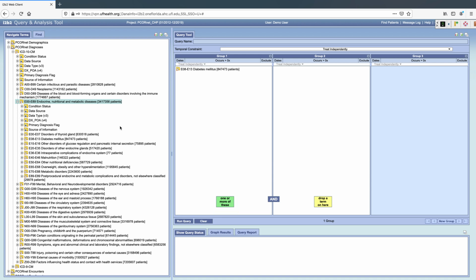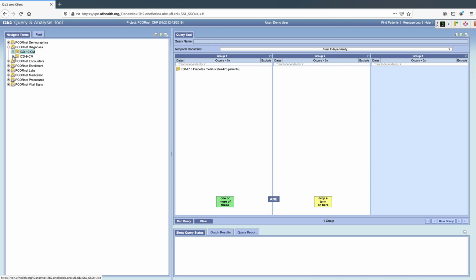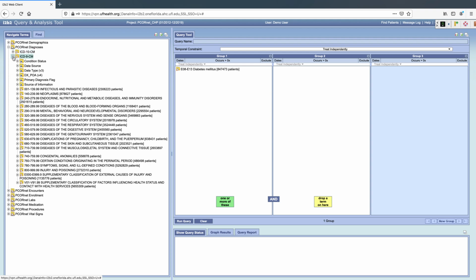An important consideration here is that ICD-10 codes replaced ICD-9 codes in October 2015. To query all diagnoses available in the OneFlorida Data Trust regardless of date, we will need to include ICD-9 codes as well as ICD-10 codes. To do this, we expand the term tree to find the ICD-9 code for the disease. ICD-9-CM,